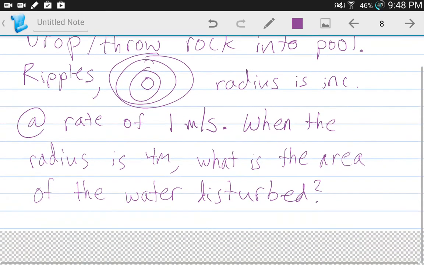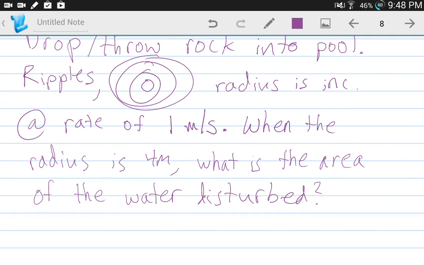So again, the reason I gave you that organizer and told you to do it step by step is because if you notice, there's absolutely no equation here. It just gives us a bunch of